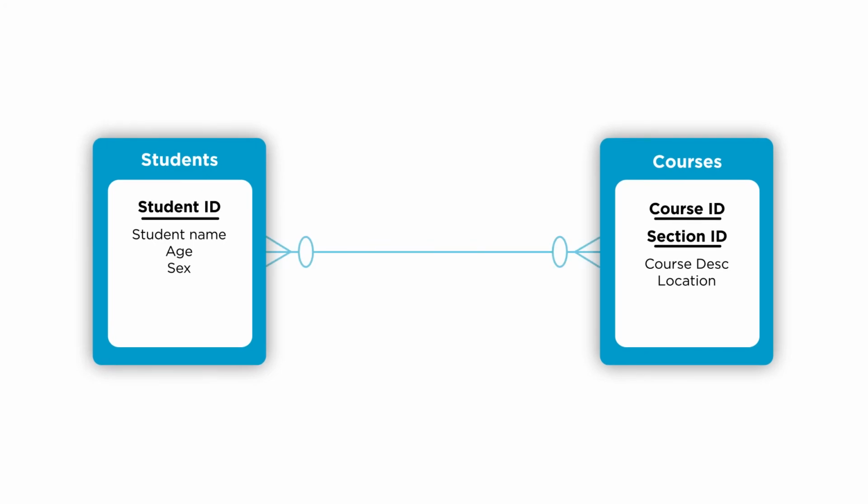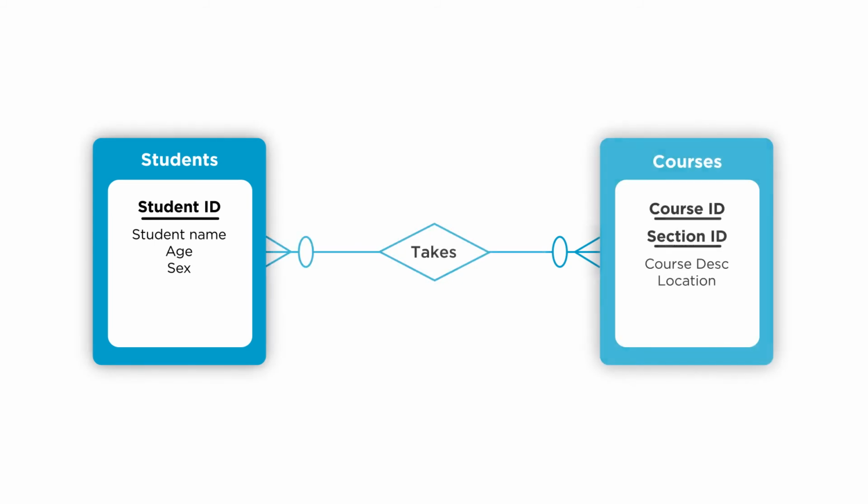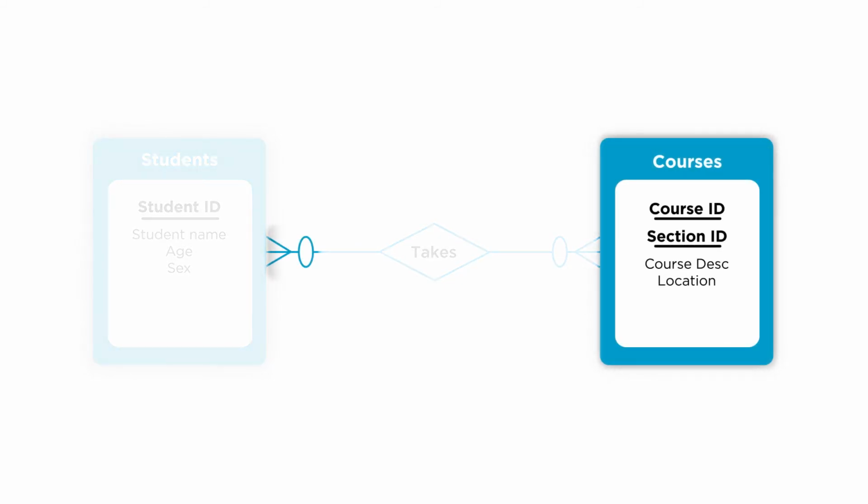Finally, here is another relationship. We have students who take courses, and what this diagram is saying is that when a student is taking courses, a student may or may not take courses as the minimum cardinality is 0. So we allow a student to exist in the database without taking any courses. And of course, each student has a maximum of many courses that a student can take. On the other side, we can see that each course can have 0 students to many. So we may have courses that have 0 students, and of course, each course can have multiple students.